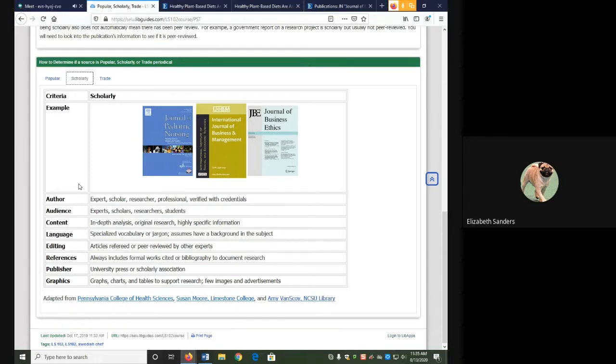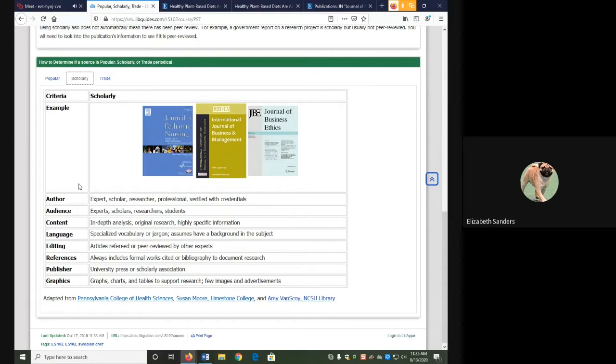In this video, we are going to look at an article from one of our library databases and the various criteria that indicates it is in fact a scholarly source. Keep in mind that scholarly and popular sources are determined by their criteria, not their source type or the place you located them. You can have a popular or scholarly source in many source types, including articles, books, and videos, and they can be located in both the library databases and in the open web via Google or other search